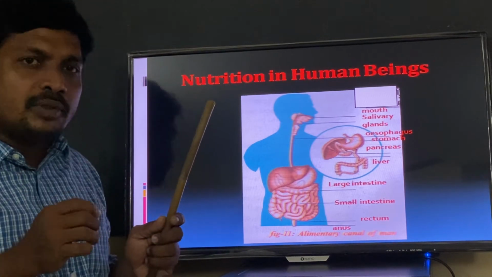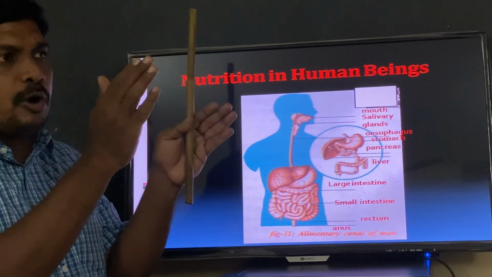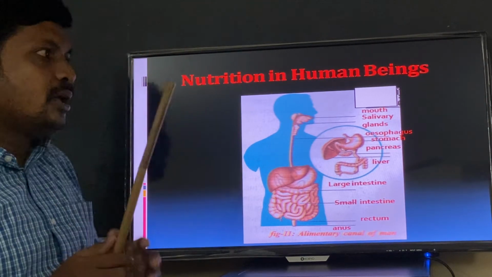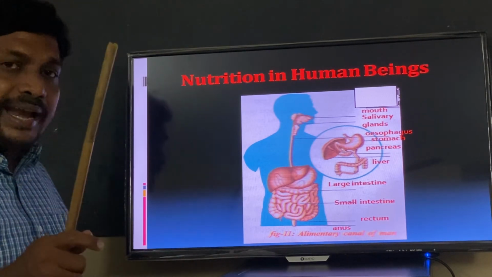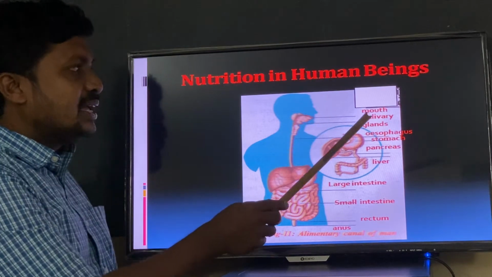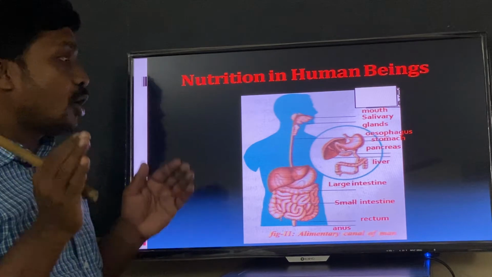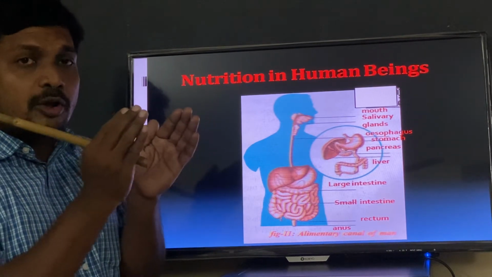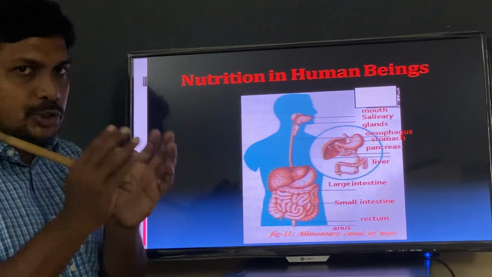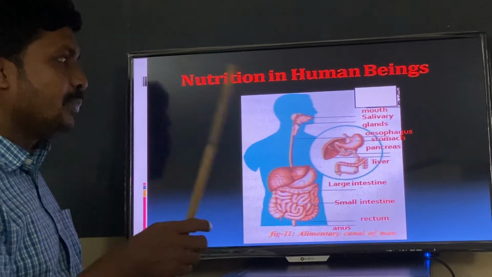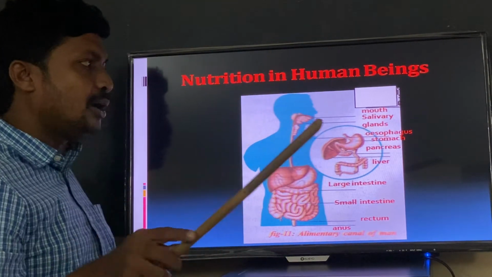What is the reason? We do not have the ability to get energy from complex food molecules, so complex food molecules must be converted into simple ones with the help of enzymes. Enzymes are released from glands in the form of juices. The salivary gland releases an enzyme known as amylase, which acts on carbohydrates, the complex molecules, and converts them into maltose, a simple one. Complex to simple ones with the help of enzymes.